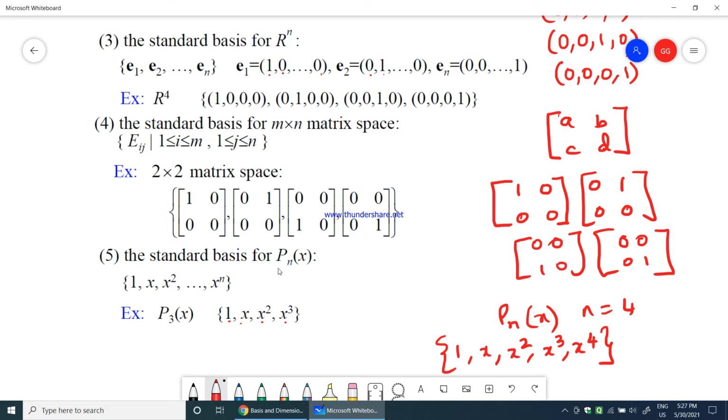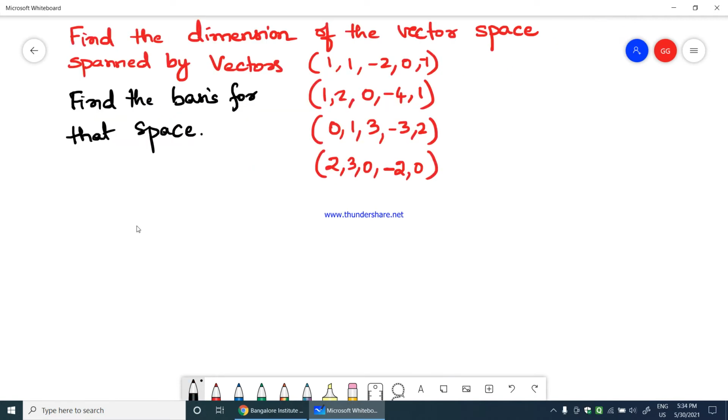Now we will take an example to find out the dimension and basis. I don't want to tell you the definition of dimension right now. You can see what dimension is, and what its value would be, for the problem that I solve now, and in that problem you will see how the basis is found and how the dimension is found. Let us see how to find the dimension of the vector space spanned by the vectors.